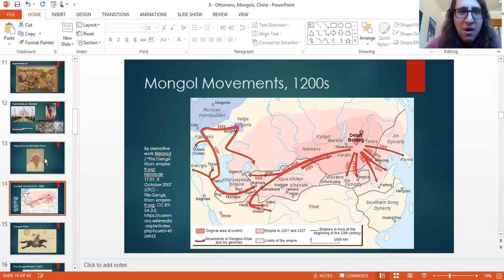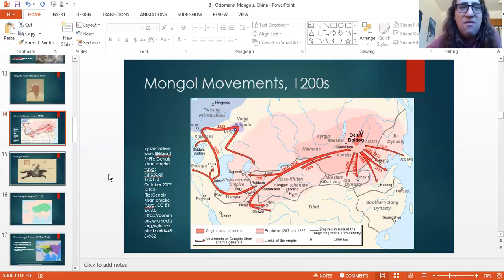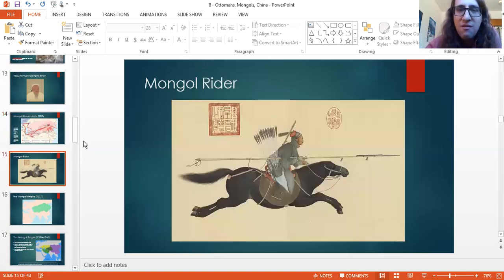And the Mongols happened upon a very nice sort of cheat code to winning battles, which was their mastery of horseback archery. They were very good on horses. Everybody had training in horse riding, and they were one of the few cultures that really figured out how to shoot and ride at the same time. This isn't something we see in a whole lot of other cultures. They basically invented it. So this guy has a spear. He also has arrows. And so he is really able to hit and run. And that's what the Mongols could do.